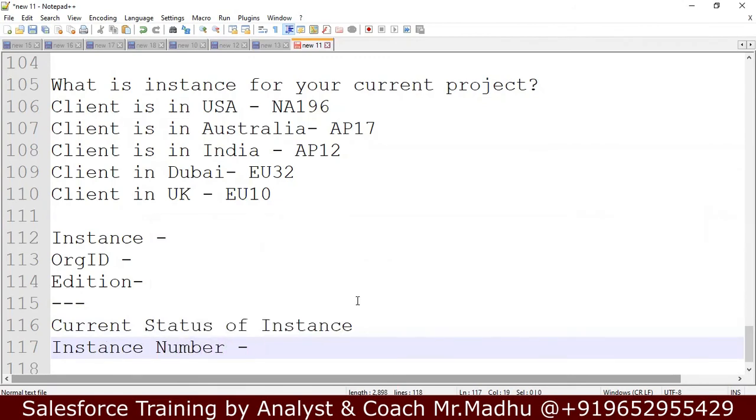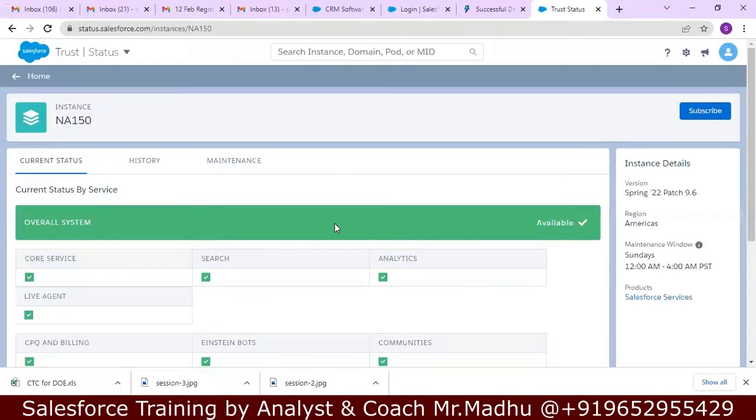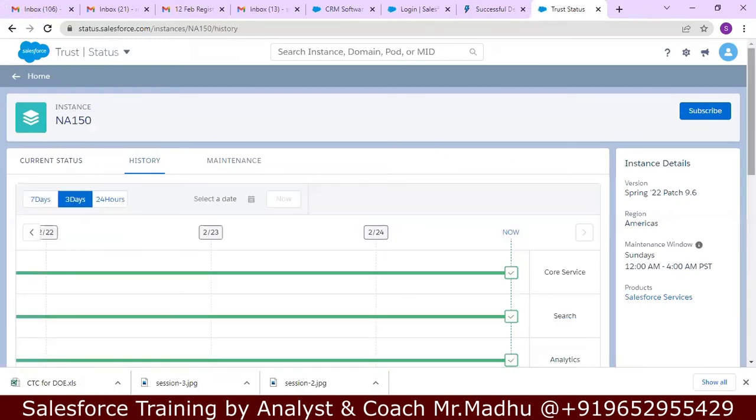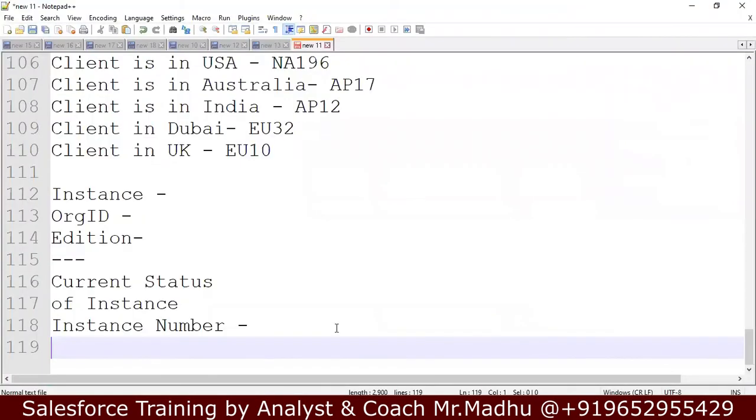We can check the current status, and we can check maintenance information. We can also check history. If you click on this, we see three kinds of histories: 24 hours history, 3 days history, and 7 days history. We can see what is in the history.